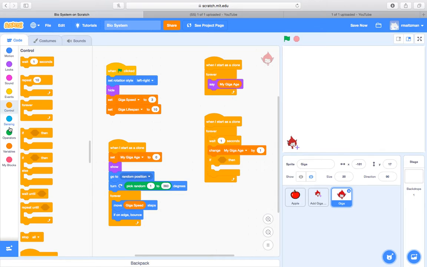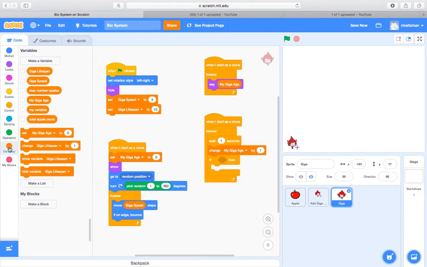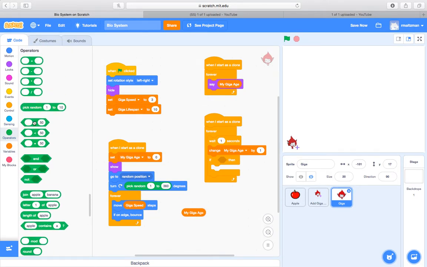We'll say if my age, so I have to go to variables. If my giga age is greater than, that's going to be an operator, is greater than my giga lifespan, which is back in variables,